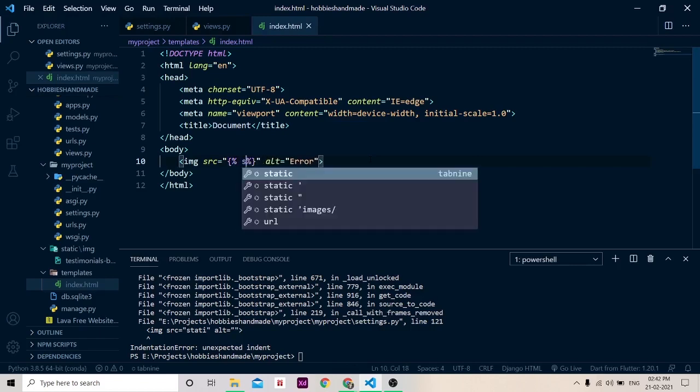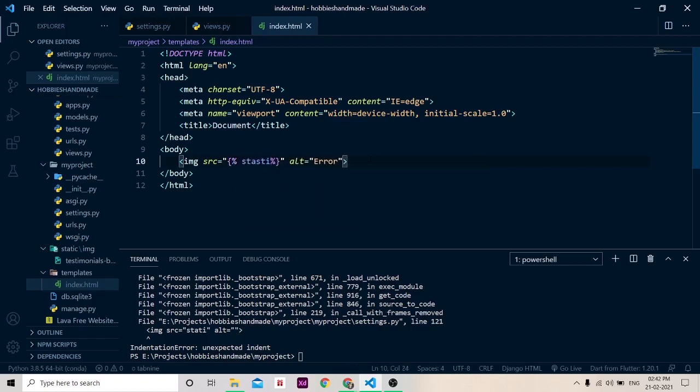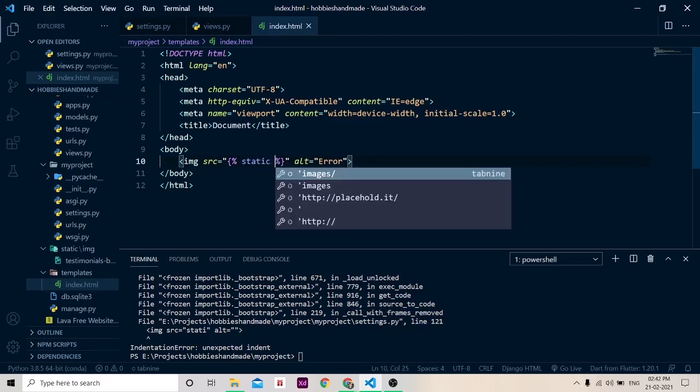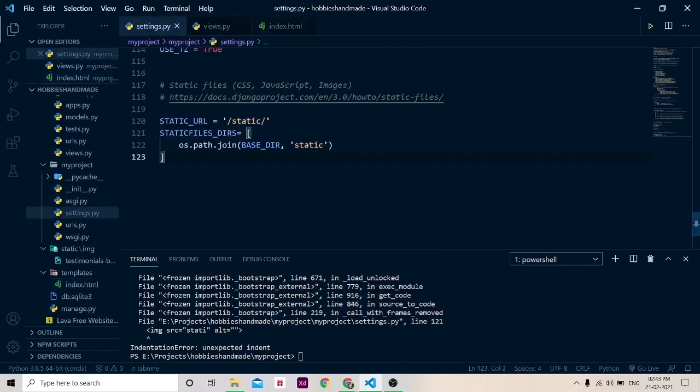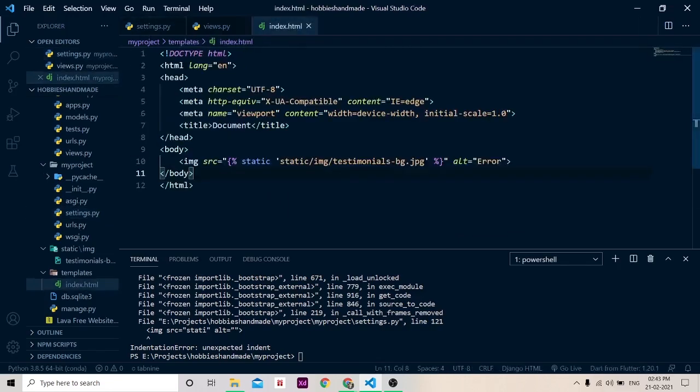So here the word static will come, and in single quotes we are going to specify our path. Now static will not come here again, because we have specified it already. So it is going to look like this.